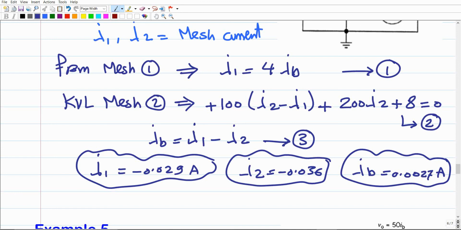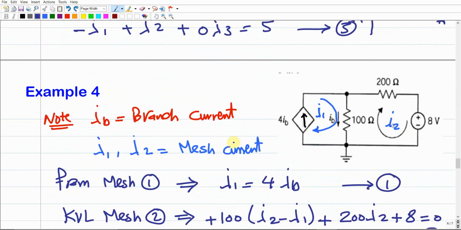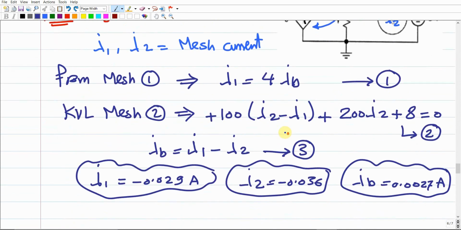Make sense? So this is for this problem. As you can see, IB is different from I1 and different from I2. It should be dependent on the difference between these two mesh currents that we assumed in the beginning. And you should understand that I1 should be 4 times IB. Even if you double check here, if you divide 27/4, this should give us the value that we got for IB, which, if we divide it, is going to be